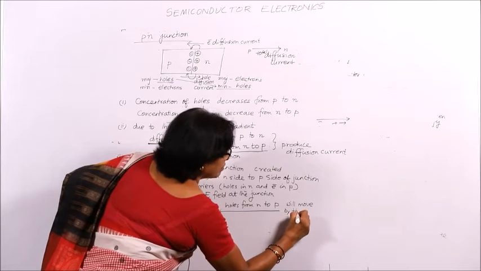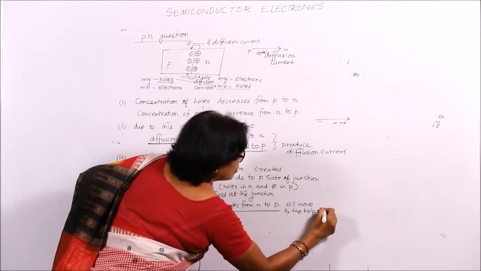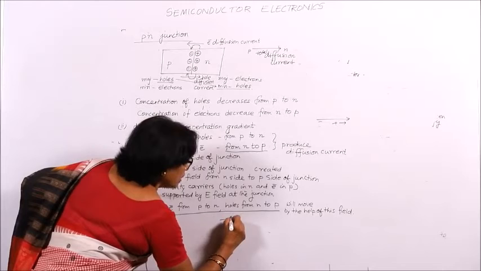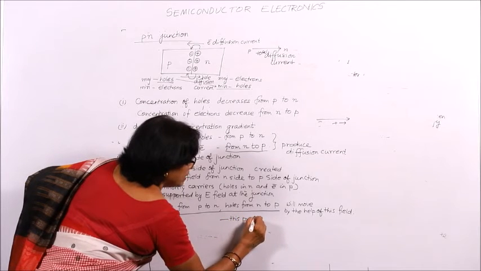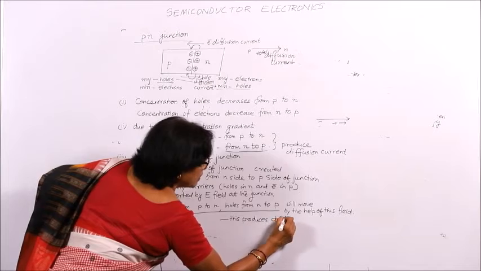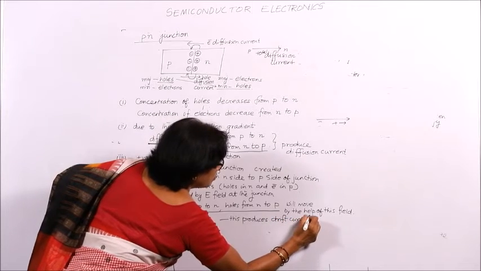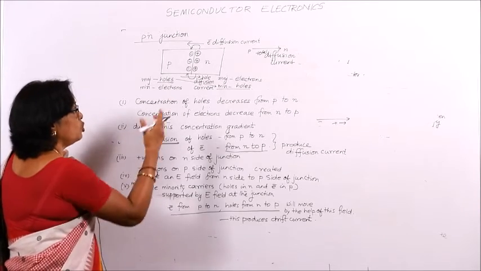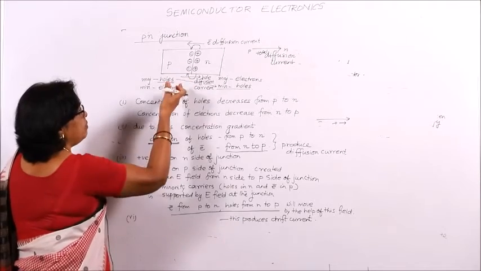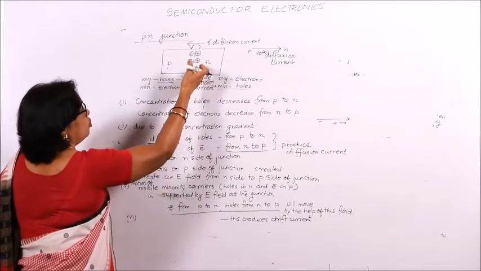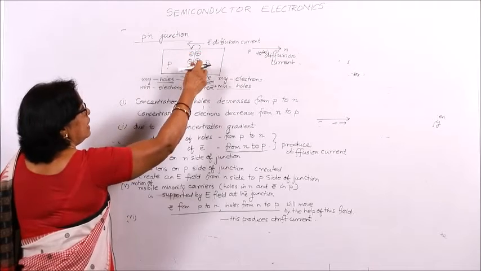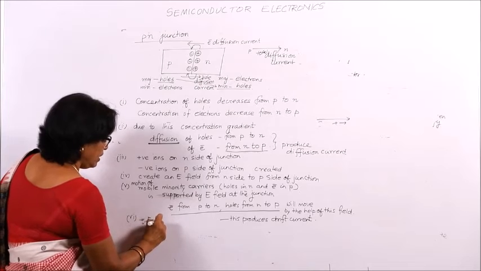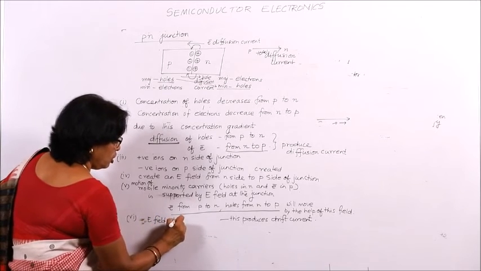By the help of electric field. And this produces what is called drift current. Another thing this field does, not only it produces, means what happens that this field will not allow the electrons to go from N to P. This electric field at the junction does not allow